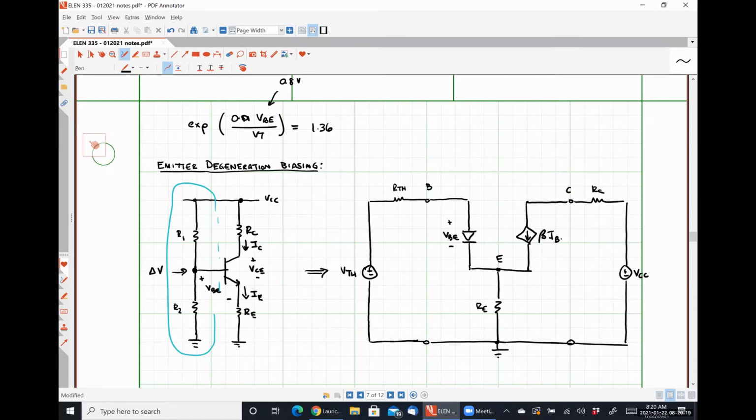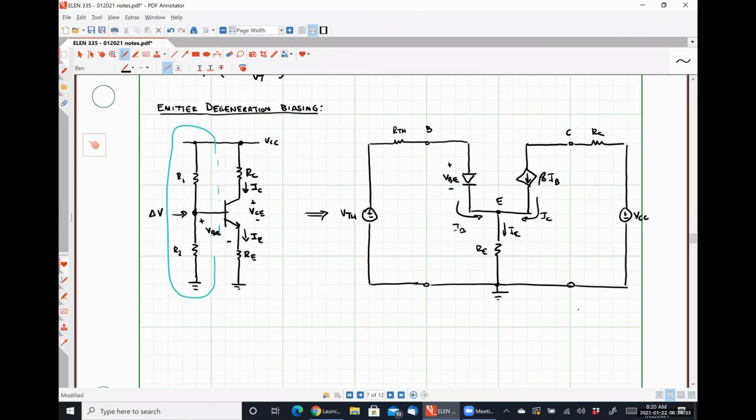And this is beta IB, IC, IB, and IE. So if I write a Kirchhoff's voltage law equation around the left-hand loop, what I get,